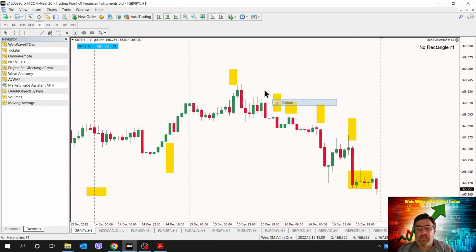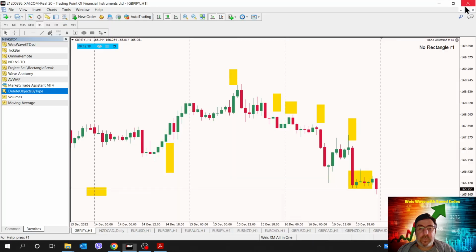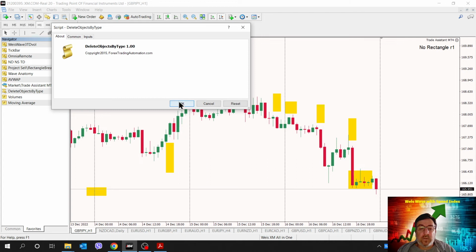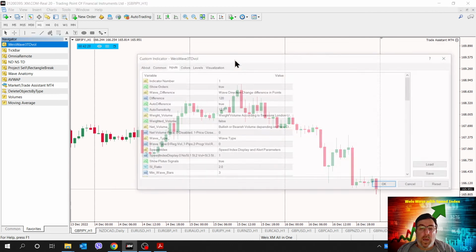Okay. Let me clear all the stuff from here. Oops, sorry, not this. Drag it. This cleans all the objects. Okay. So, indicator number 1.